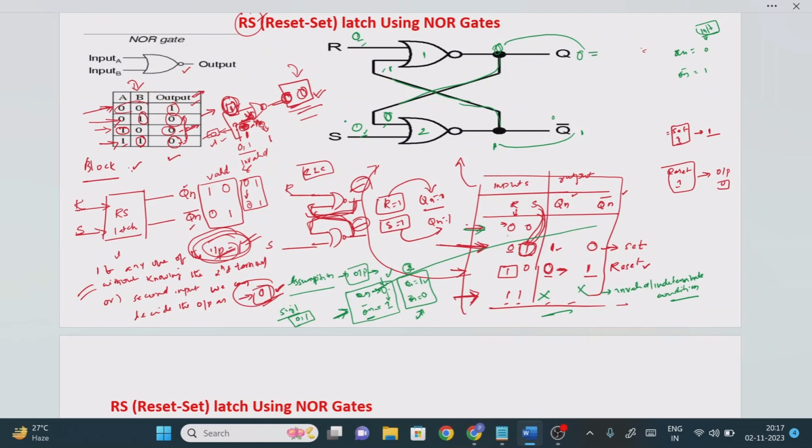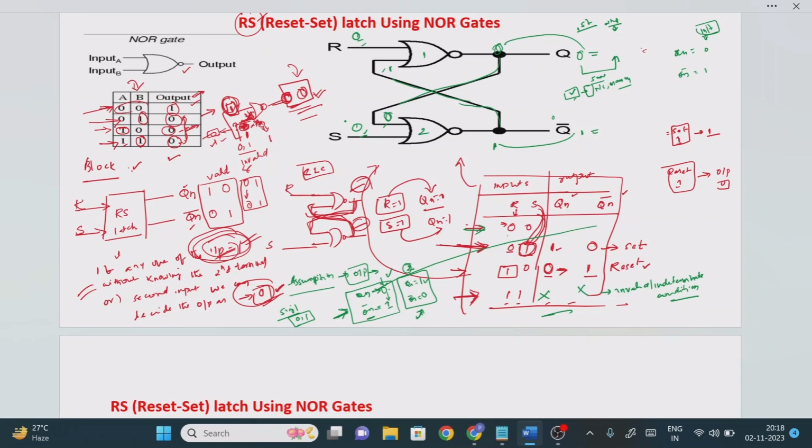So this is the first level output, nothing but the assumption. Next we go to the second level output after passing the values into the circuit. If the second level output and the first are both the same, it is called the no change state or memory state. What is the meaning of the no change memory state? Whatever the previous output we have, the same thing is copied over to the next level also. When we discuss the flip-flop, we will see it in detail.